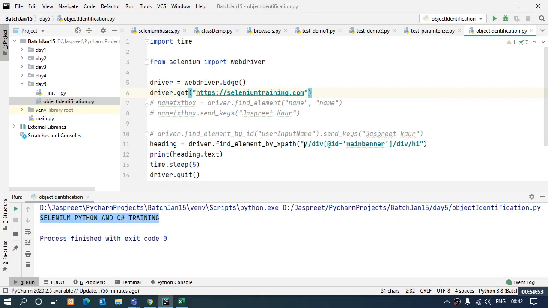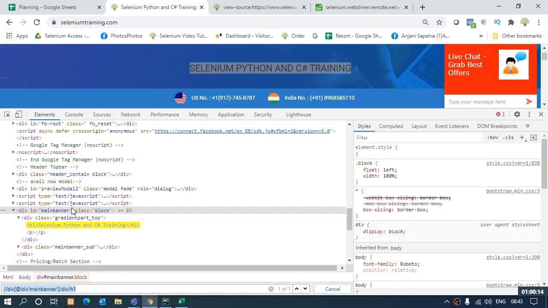This particular partial XPath gave me this text of the element. You can use the same thing by the generic find element command as well, and the output will be given to you. The partial one.